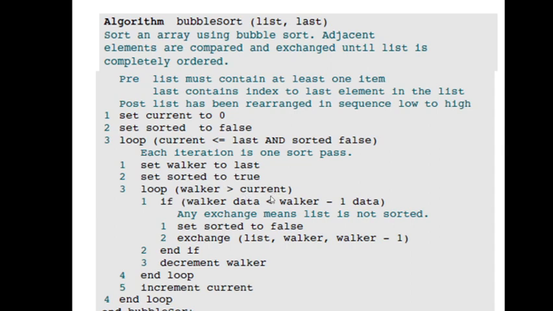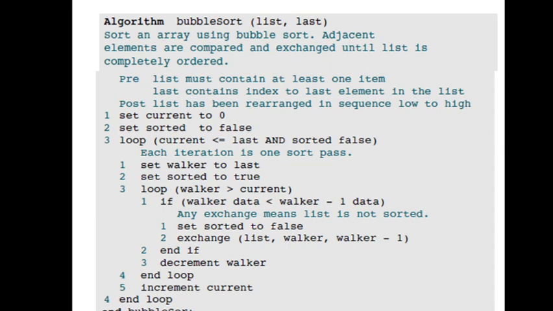Loop walker greater than current. So we have to keep decrementing the walker until this condition is true. Walker data less than walker minus 1 data. So here what we do is that we compare the data pointed by the walker with the data